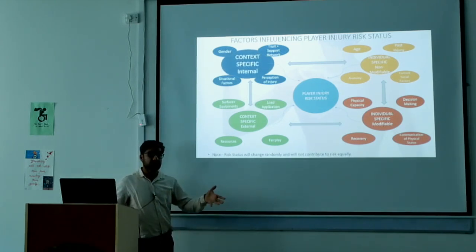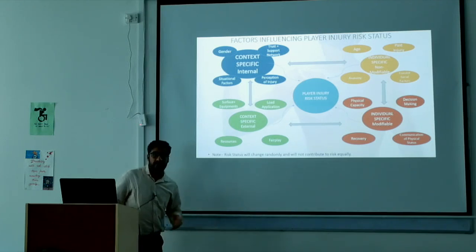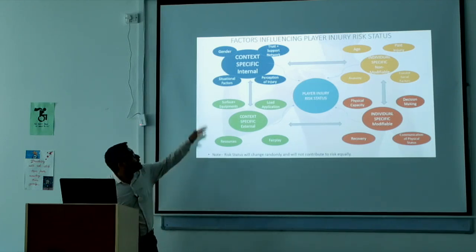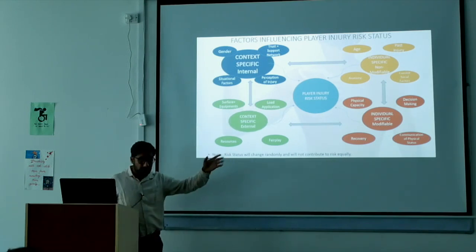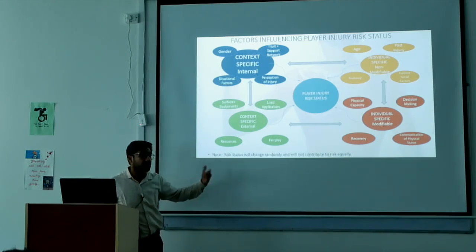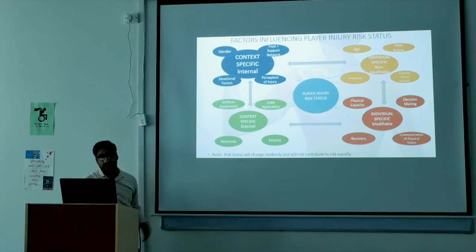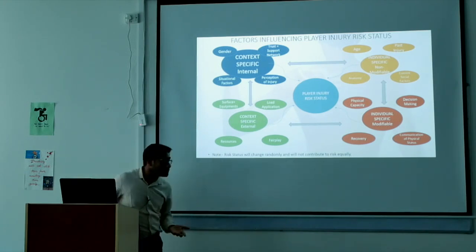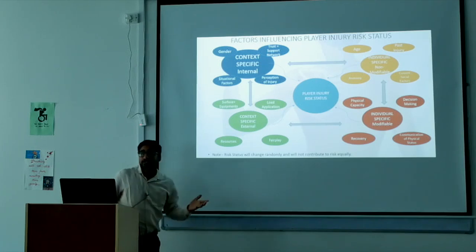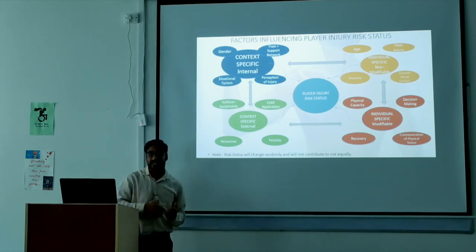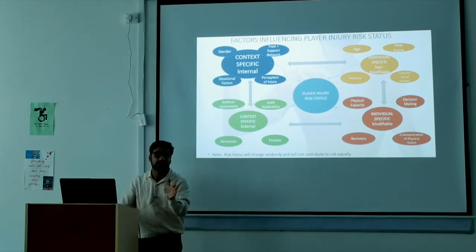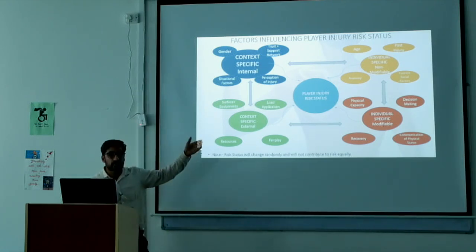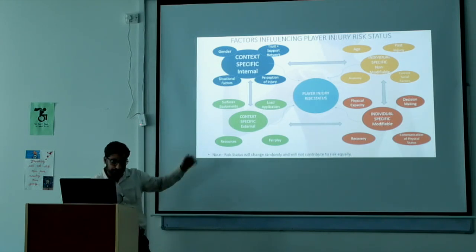Context specific are the terms which are learned throughout our age or throughout the process. It can be the gender, it can be the trust and support networks from the people around you, your parents or your teachers, anyone. It can be situational factors, how you learn to cope with any situation, or it can be perception of injury. Because whenever an injury happens, we perceive it differently. Some are more apprehensive, some are less apprehensive. Some people say, okay, it will be fine, it will heal, while some say no, I have to work on this. So it is the perception of injury, each and everyone has their own.